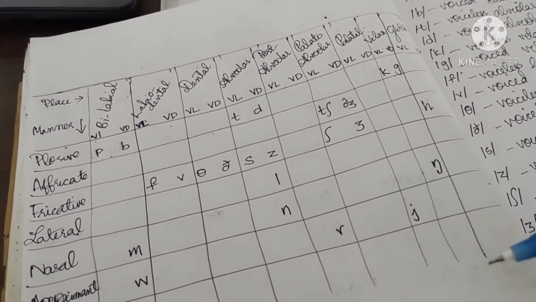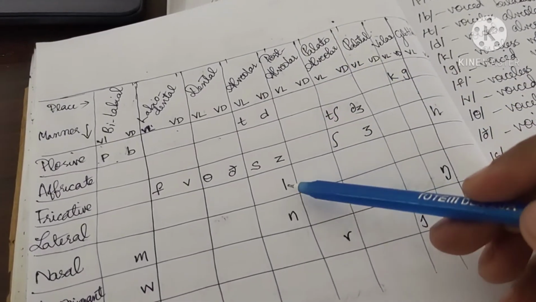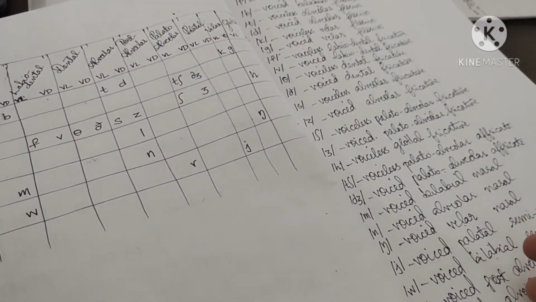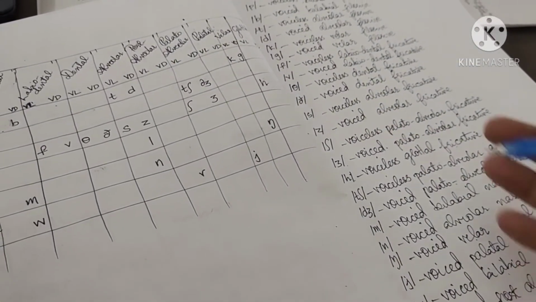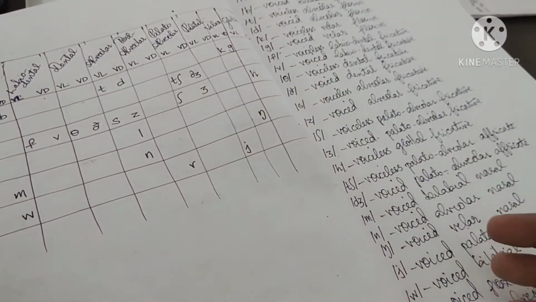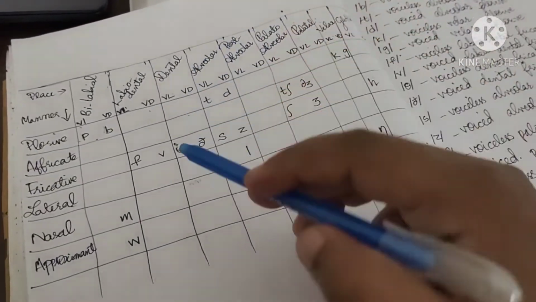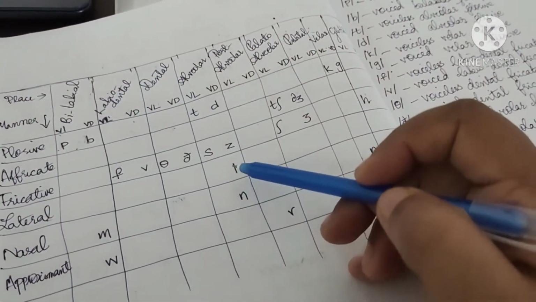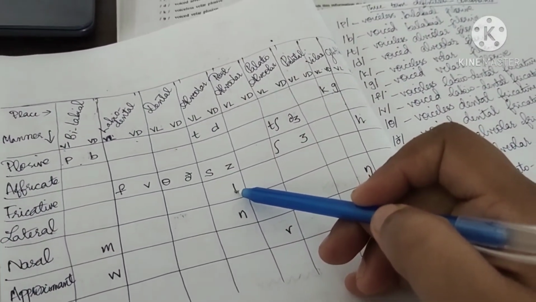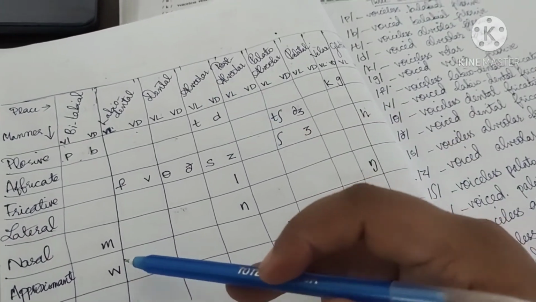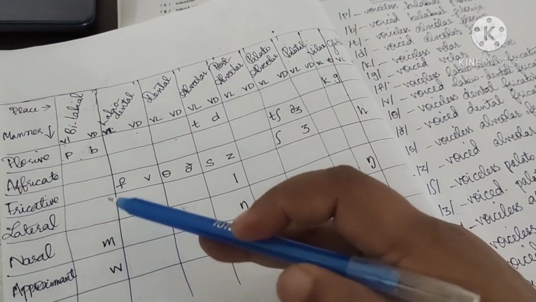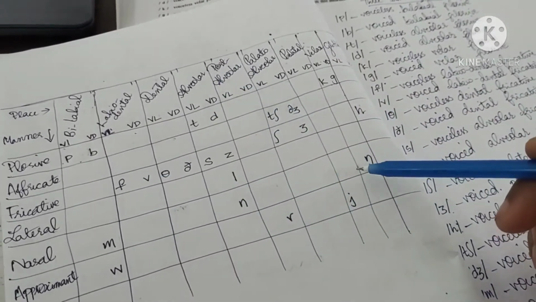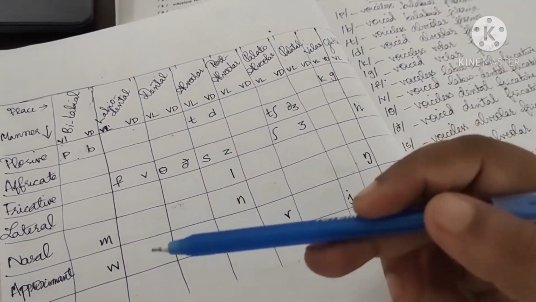For your 2-mark questions, where you will be asked for a single consonant, it will be difficult to understand it like this. This is for essays and 5 marks, you can write like this. But for 2 marks and all, and even for this also, the best technique is to study this table by heart. So L is voiced alveolar lateral. M is voiced bilabial nasal. N is voiced alveolar nasal. Ng is voiced velar nasal.